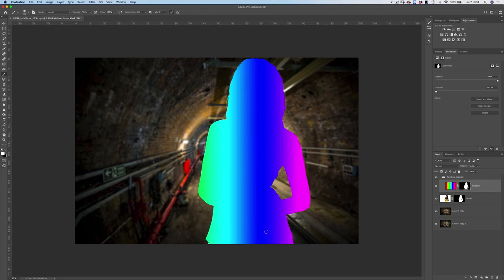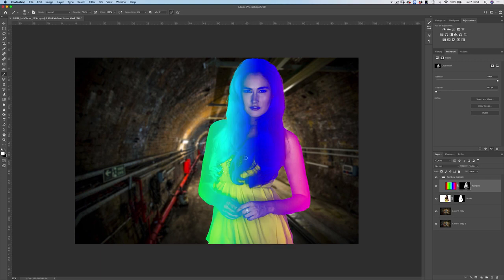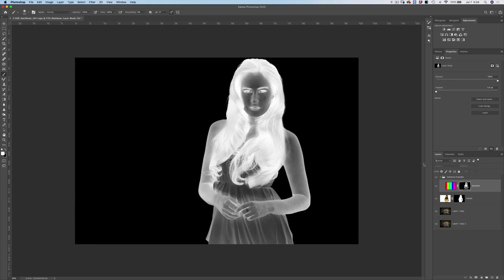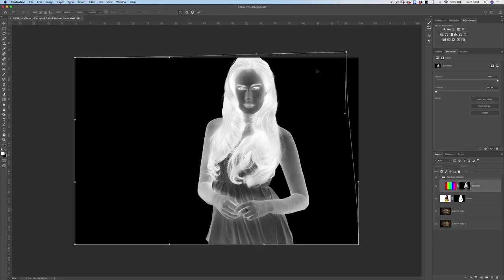I'm just going to hit Command or Control Z to move back a couple of steps, because I want to show this type of mask. Now if we hold down Option or Alt and click on the mask again and hit Command or Control T to transform this mask, we can choose to warp this mask as well.